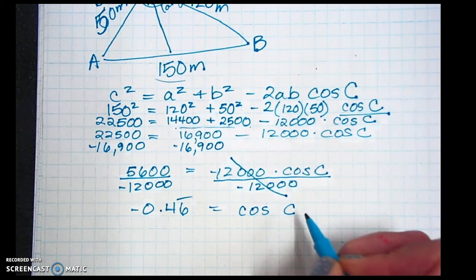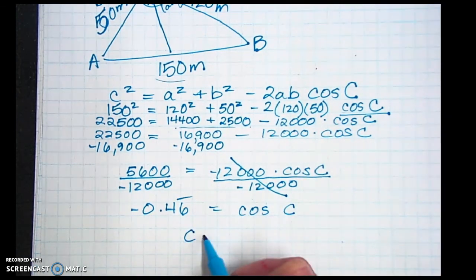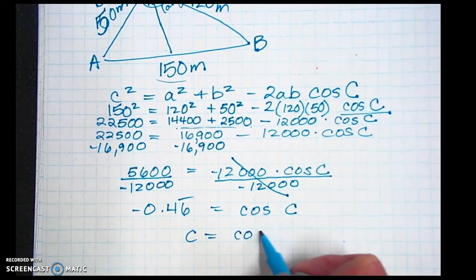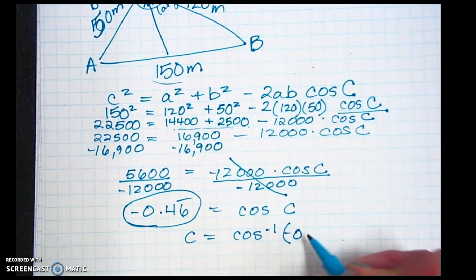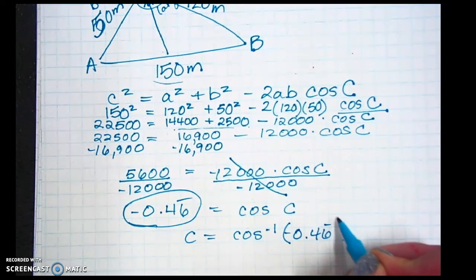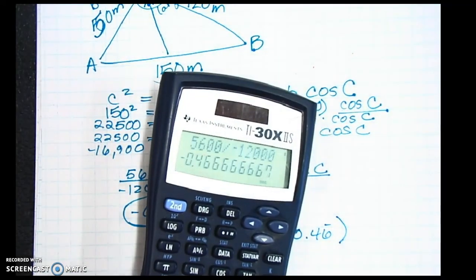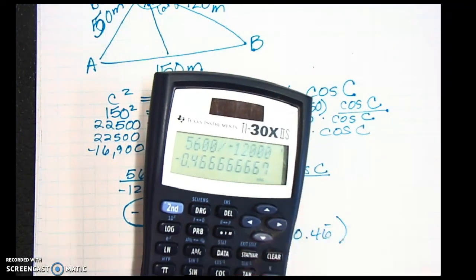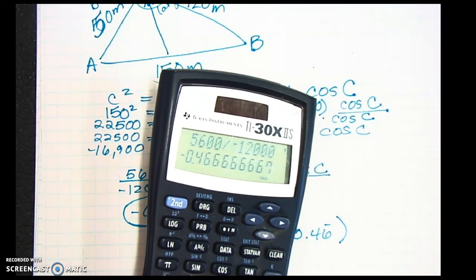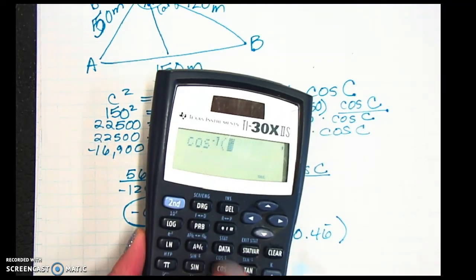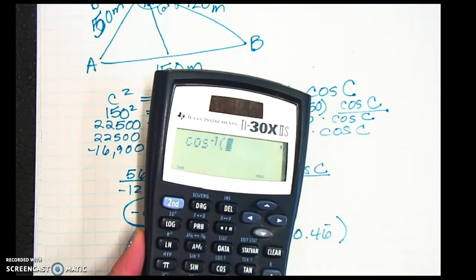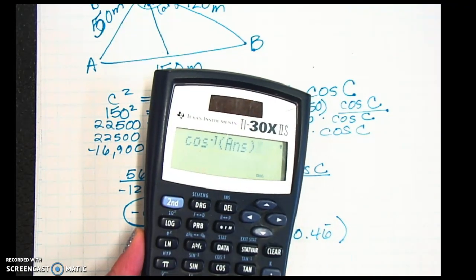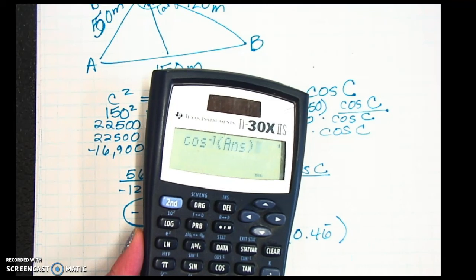Okay? That means in order to get c, I'm going to do the inverse cosine of this, negative 0.46 with a bar. But I'm not going to retype all that in the calculator because that's a lot of punching and memorizing numbers, right? So I'm just going to go second, inverse cosine, make sure you have a little negative 1 up there, and then go second, answer. It's going to put it in there for you. Don't sit there and punch a bunch of 6s, okay? Hit the equal sign,